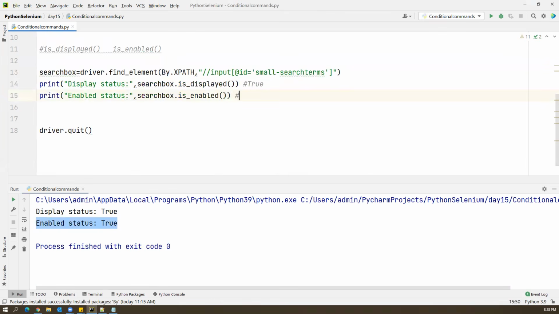Sometimes in your application, your element may not be displayed properly, so then it returns false. Even if the element is available, sometimes it may not be in an enabled state. In that case, you will get false. So these commands are especially used for validation purposes at the element level. These are the two commands which we can use for any kind of element: is displayed or is enabled. Now the third command is